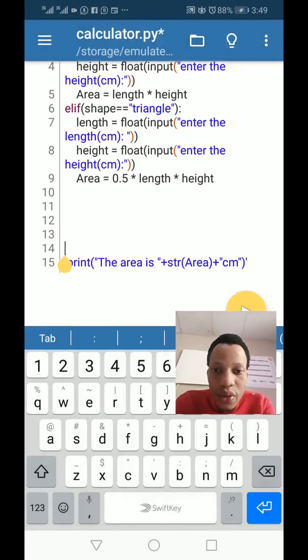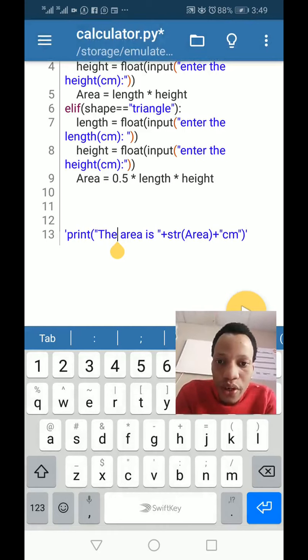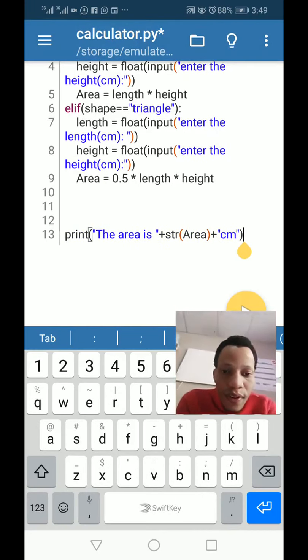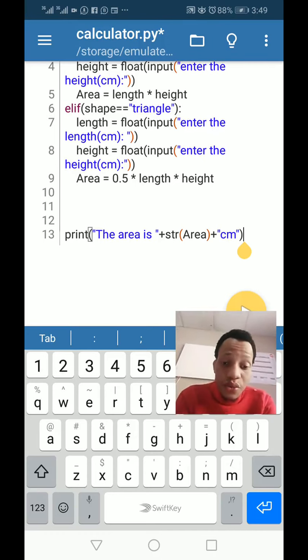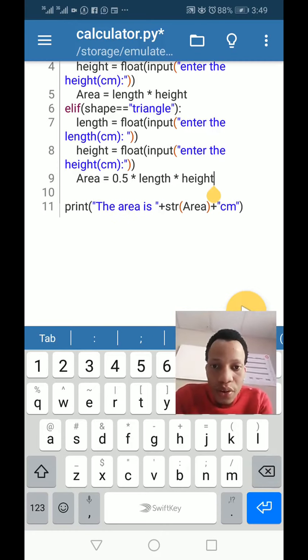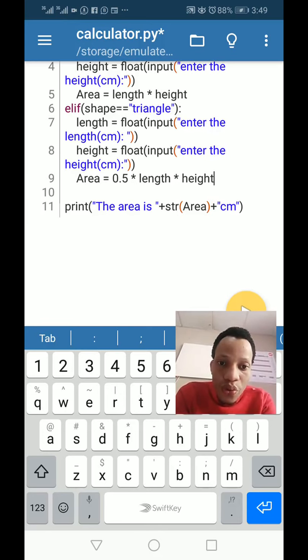It calculates for a rectangle, it also calculates for a triangle, right? And this could be any shape, right? So let's look at it, because I just opened the display part of our program where we want to show the user